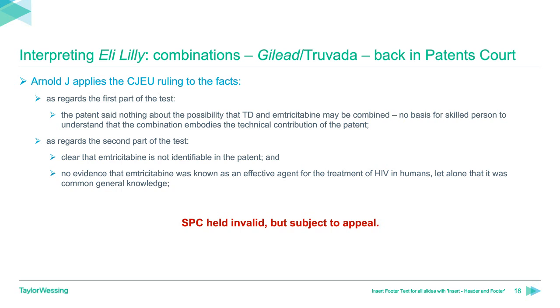As regards the first part, the patent said nothing about the possibility that tenofovir disoproxil and emtricitabine may be combined to treat HIV. Indeed, it did not even mention emtricitabine. All the patent said is that the claimed compounds may be administered as pharmaceutical formulations with optionally other therapeutic ingredients. Accordingly, there was no basis for the skilled person to understand that the combination embodies the technical contribution of the patent. As regards the second part of the test, it was clear that emtricitabine is not specifically identifiable in the